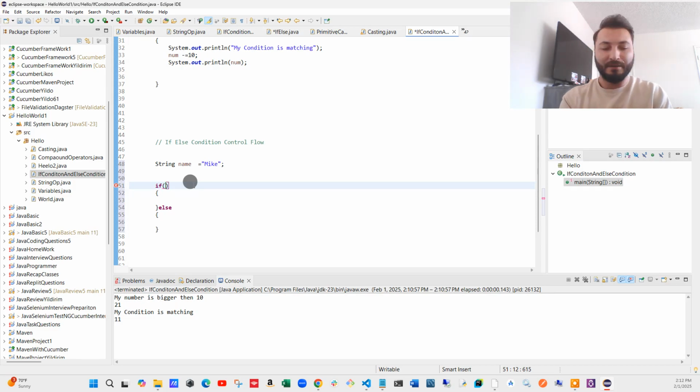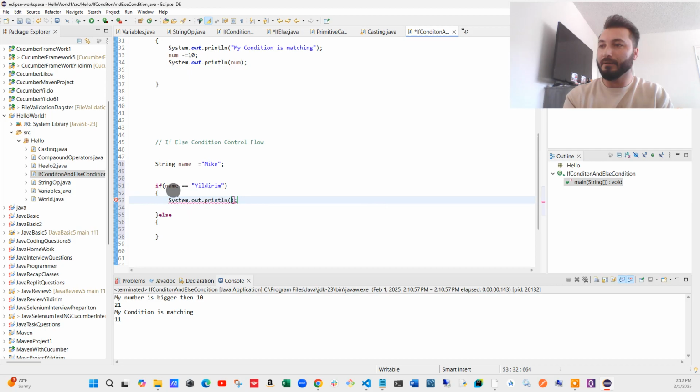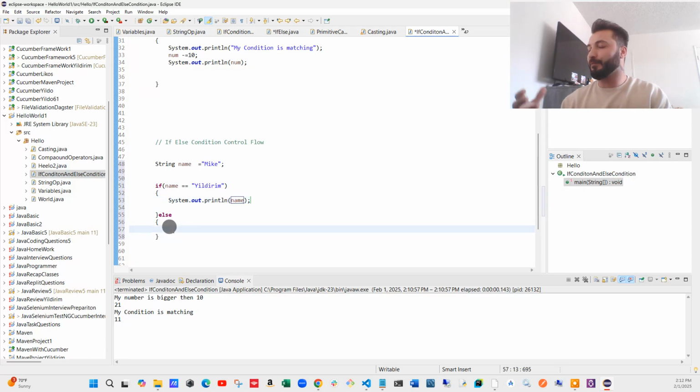So let's say my name equals Yildirim. I'm telling Java, hey, in the previous step we got some result, but is this result equal to Yildirim? Then do this. If it is Yildirim, then I'm going to print it out. If this is not equal to Yildirim, then what am I going to do? Let's print it out. Else,